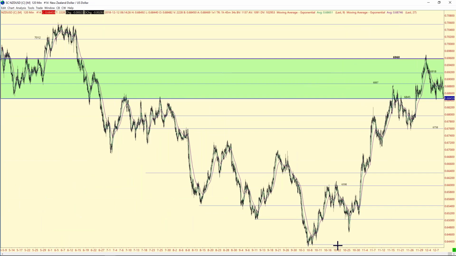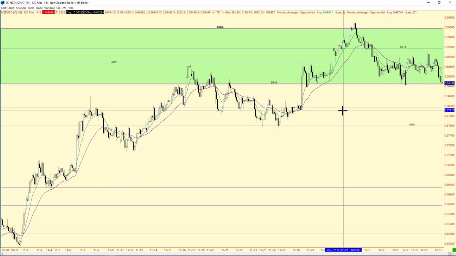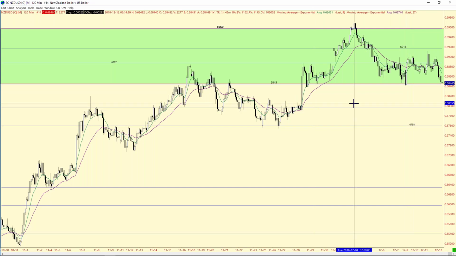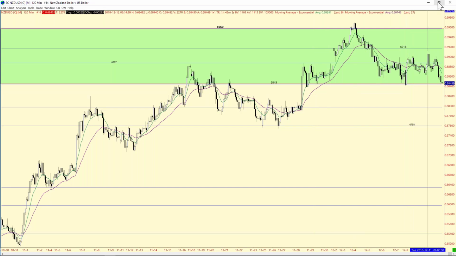Where could it go to? Obviously, that would push it down right into here, 67.90. But we haven't broken it yet, although momentum's starting to change on this. But for now, we're going to keep this here. It's important to hold this area. If it doesn't, okay, well then, we know we're going to take a track for about 55 pips lower here. But for now, we're going to retain the 68.45.